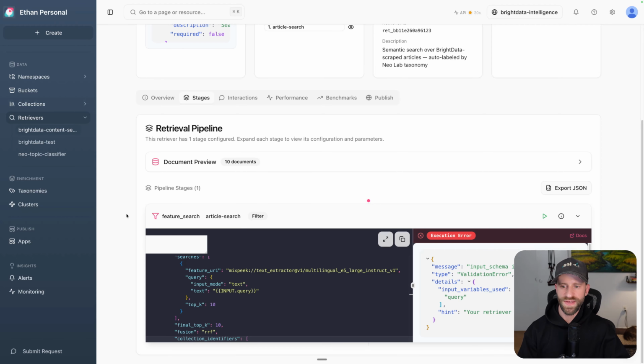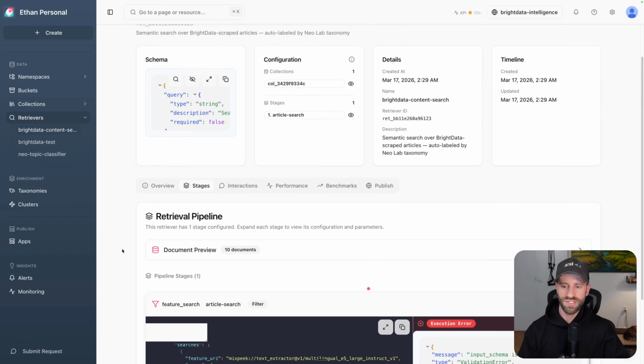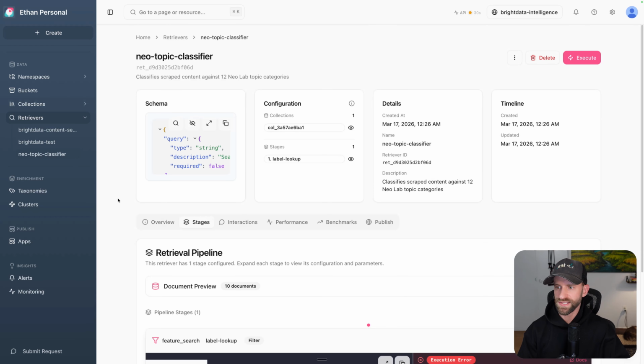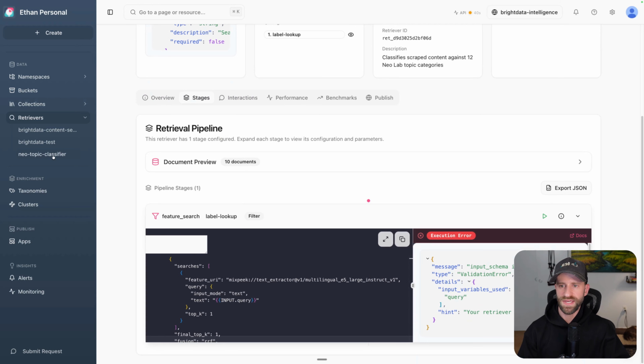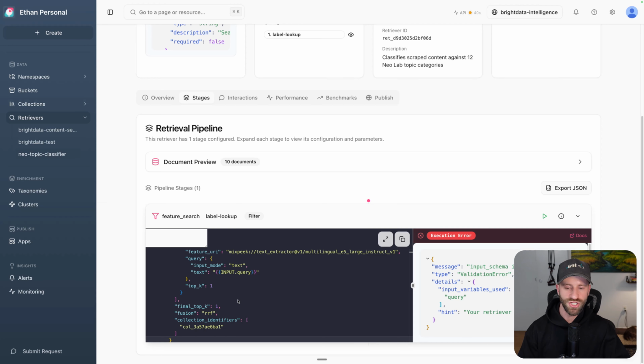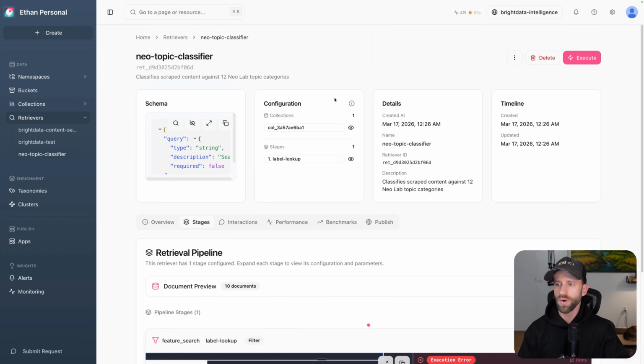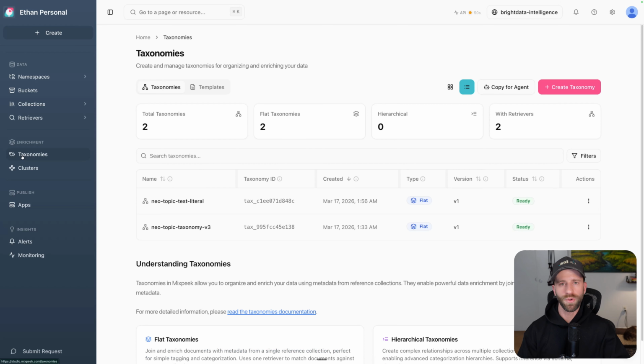We can combine this stage with other stages. We can use these retriever pipelines for classification. So in this case, this neotopic classifier, the output is taking the results from this collection, and it's using reciprocal rank fusion in order to return the top N documents. Right, and so if we get into the labeling component, we would use the taxonomies capability in order to actually label the output of the retrieval